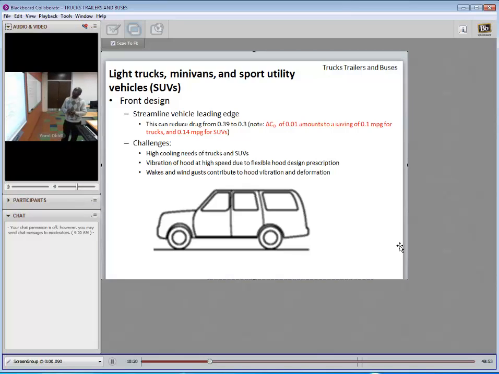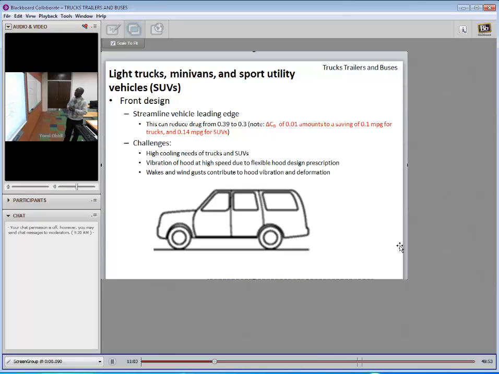We'll take this looking at the different phases of the design. Let's look at the front design. The front design, generally, we want to streamline the vehicle leading edge. A well-streamlined vehicle leading edge can cause a drag reduction of up to a delta CD of 0.01, and to have an appreciation for the significance of that,